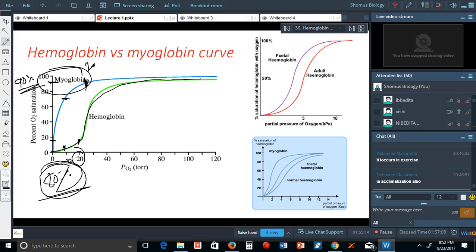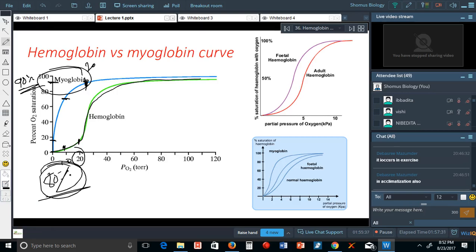And another important thing, this oxygen dissociation curve is different for different persons. For a smoker it's different, for a non-smoker it's different. For a person living in high altitude areas, their adaptation to that area, to that condition, is greater. So if you compare your oxygen dissociation curve with a Sherpa, what you will find out is that